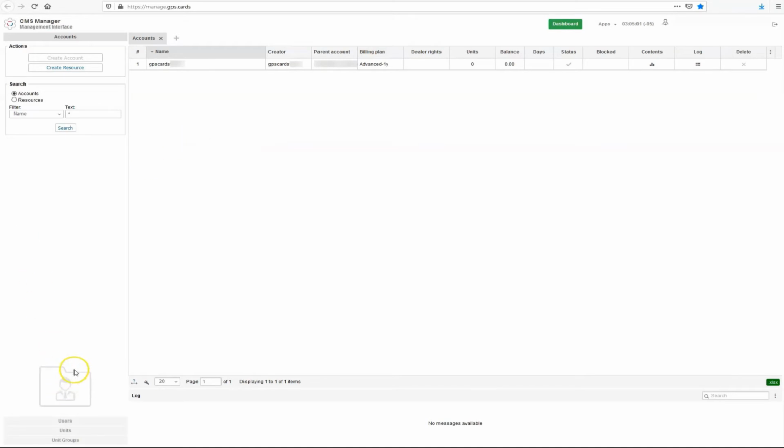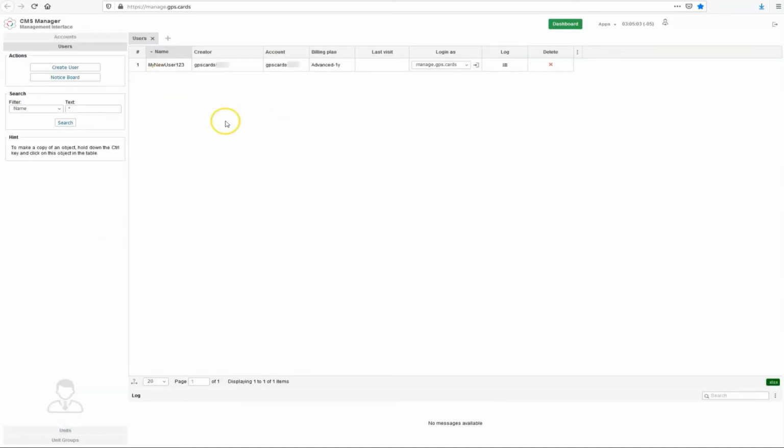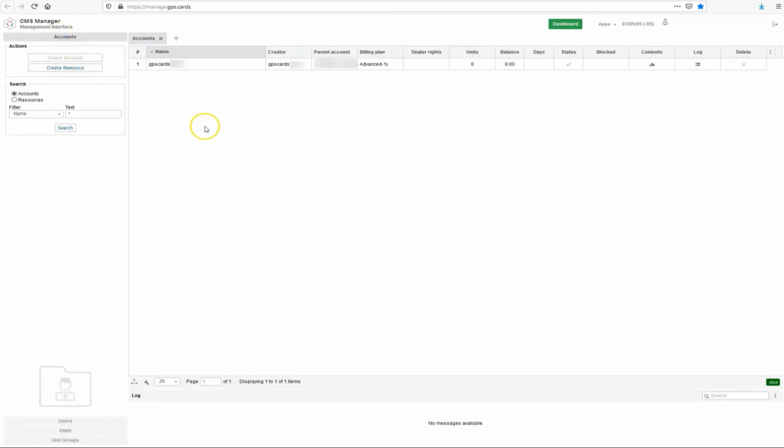This is where you have access for your users, and it basically is your admin panel to create multiple users and create multiple resources and assign resources to those specific users.